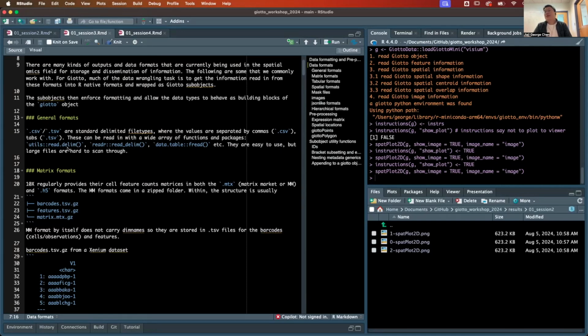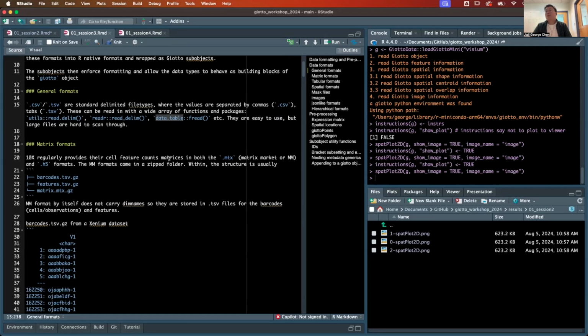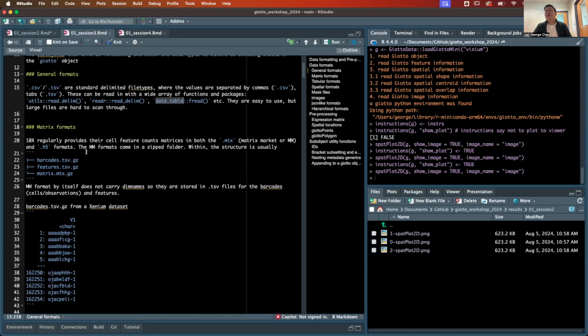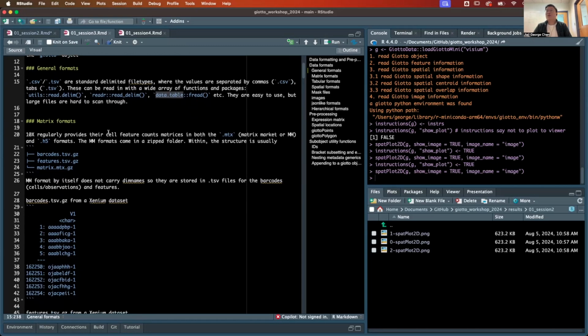You can read these in with a wide array of different possible functions, for example from utils, the reader package, and also data.table. They're very easy to use, but the larger files are also hard to scan through. They're very widely compatible. For matrix formats, we regularly see that 10x provides their cell feature count matrices in both the MTX,